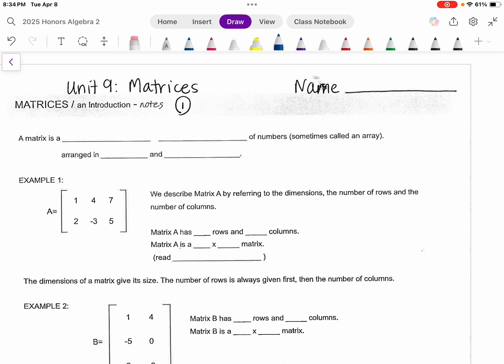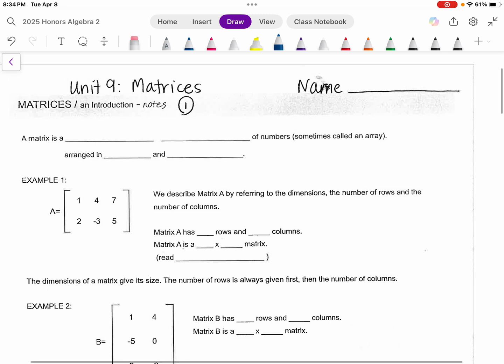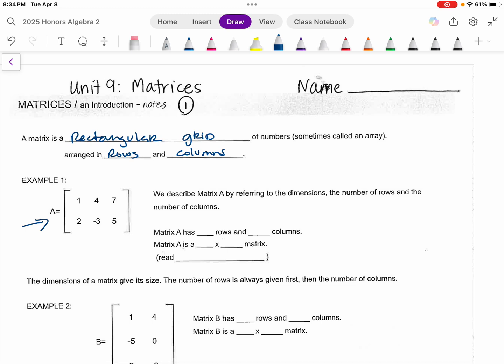A matrix is a rectangular grid of numbers, sometimes called an array. It is arranged in rows and columns. Let me get my pen working here again. So we have an example here of matrix A, and the first thing we're going to learn about is its